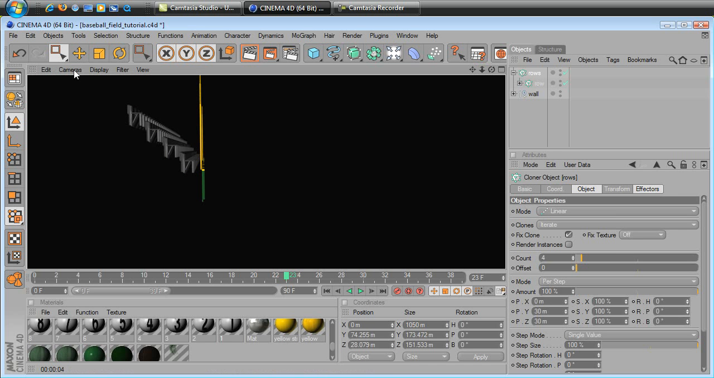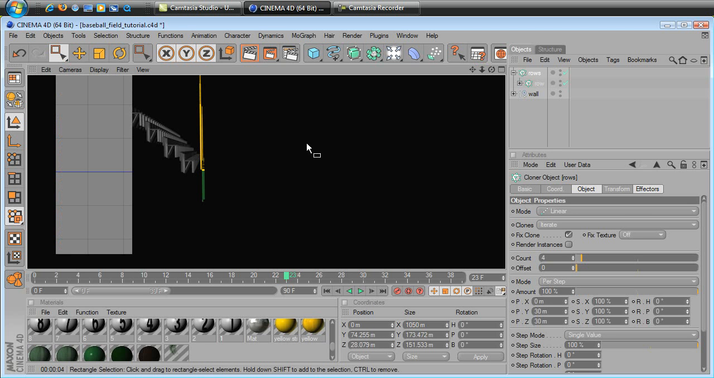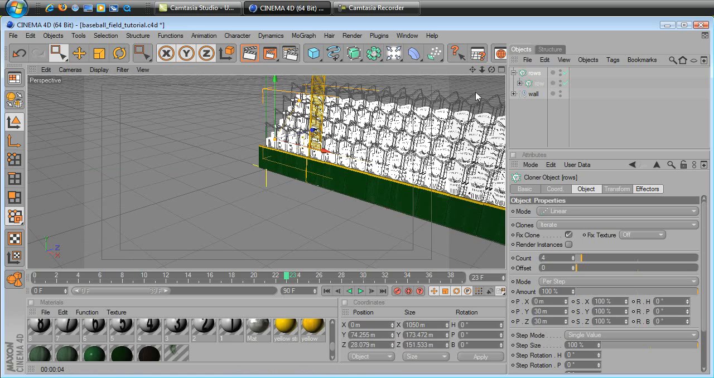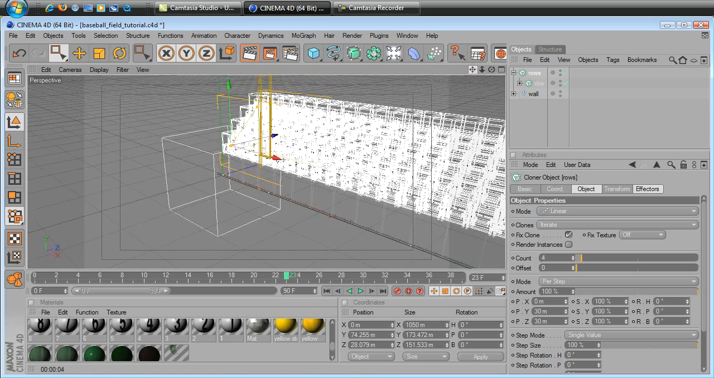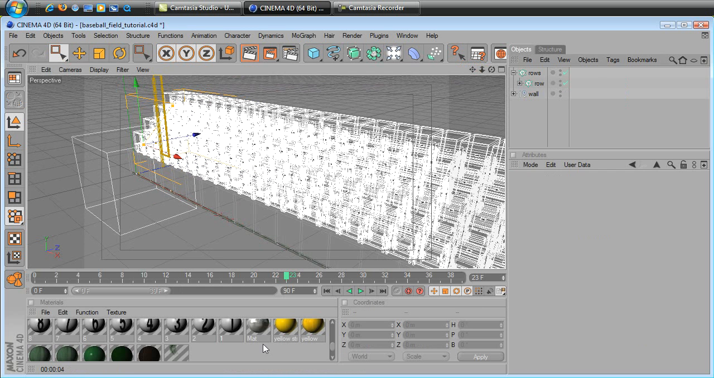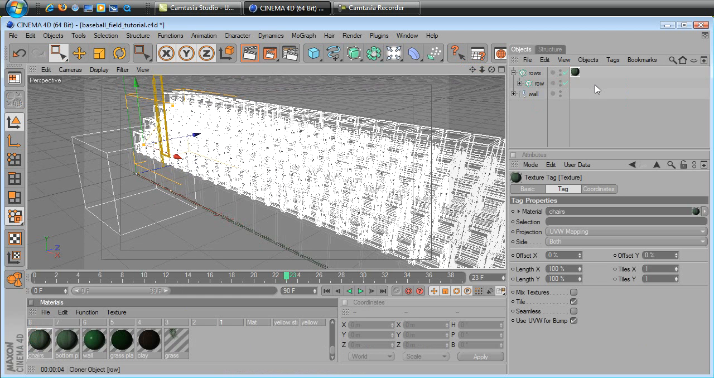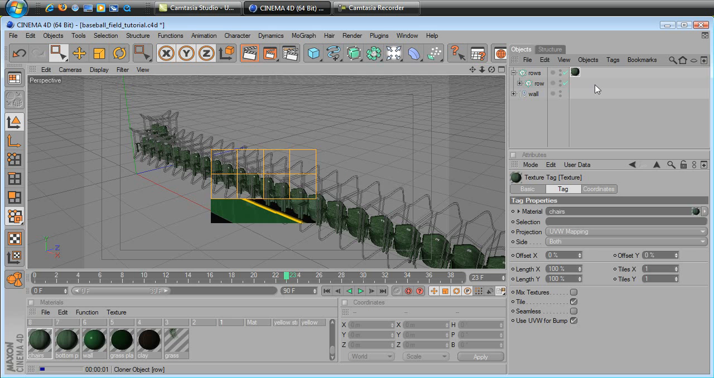I'm going to change the camera here and get back to the perspective view real quick so that you can see my computer is struggling a little bit, and when you have this many clones going on, that's what happens. Now take the chairs material and apply it to your rows and do a quick render, and what you'll see is